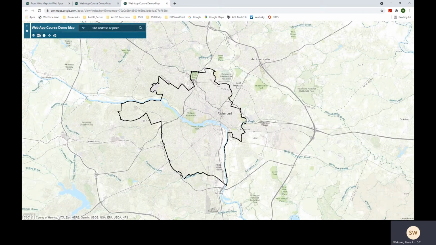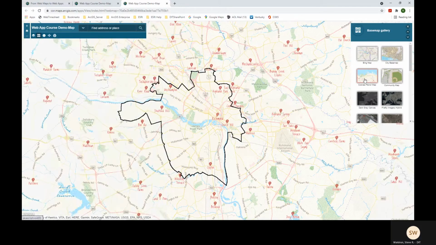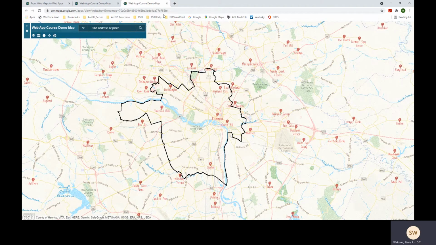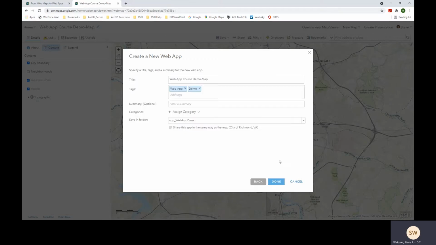It's much more polished looking. It has some controls and tools up here, such as if we wanted to change the base map, we could change the base map. Okay, so there are just some basic tools that are available. I'm going to go ahead and close this tab, and I decide, yep, it's the basic viewer that I want to use. So we're going to click on Create Web App,